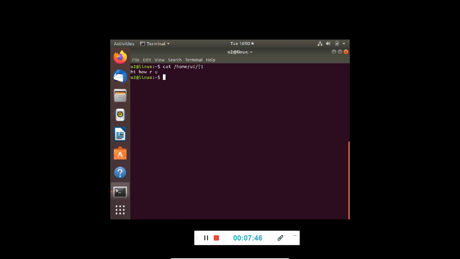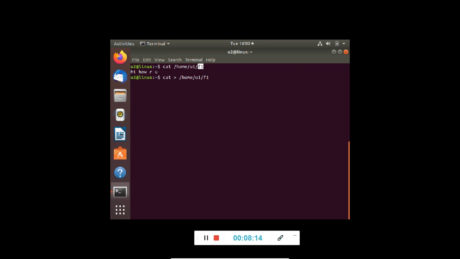Similarly, to reach F1, the same permission should be there with the home directory and the same permission should be there with the U1 directory, that others can read the contents. So it means that both the directories had the permission. We have seen the permission for F1, but we have not seen it for home and U1, which we'll see afterwards. Now let's try to write something into this file.